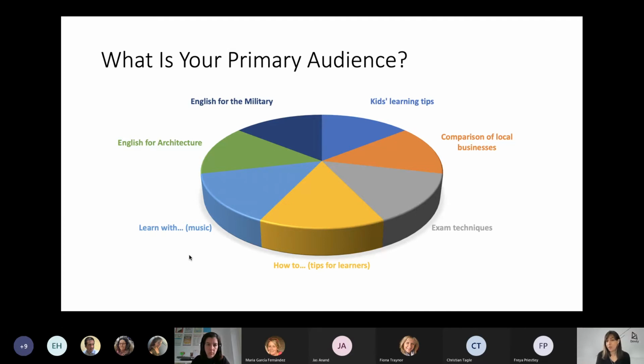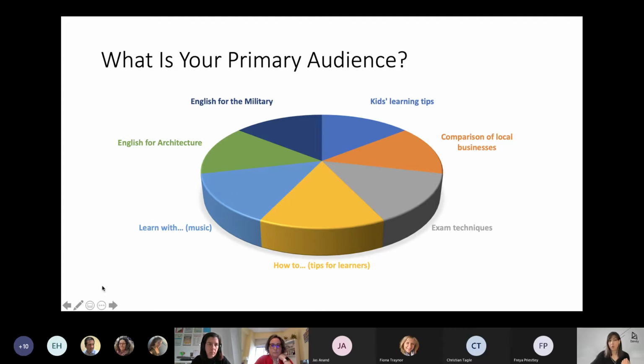Or tips for learners, or learn with music, for instance. Yes, we have to perfect things there, but this segment is also very interesting. Let alone English for specific purposes. So English for architecture or military or tourism, hospitality, whatever it is.